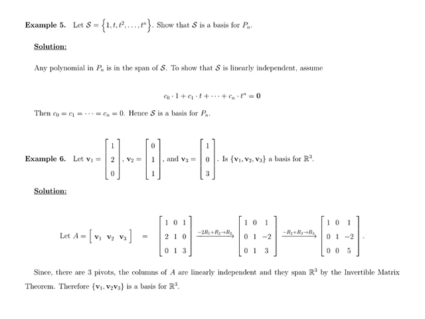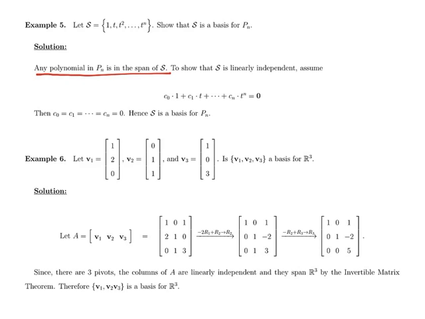Now let's look at a completely different vector space, in this case Pn, again being the set of polynomials of degree at most n. And we're going to look at this set 1, t, t squared, t cubed, all the way to t to the n power. And we're going to show that this set is a basis for Pn. That means I need to show that it is a spanning set, and I need to show that it is linearly independent. It is very clearly a spanning set